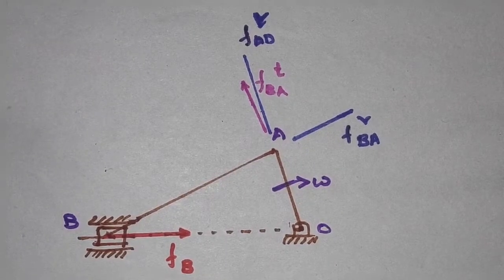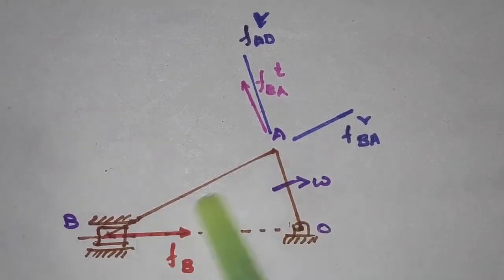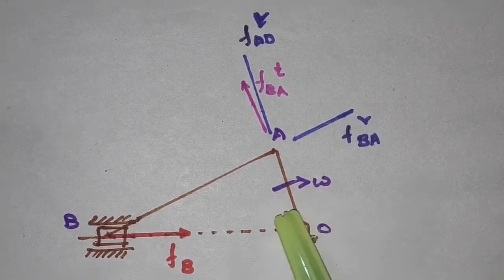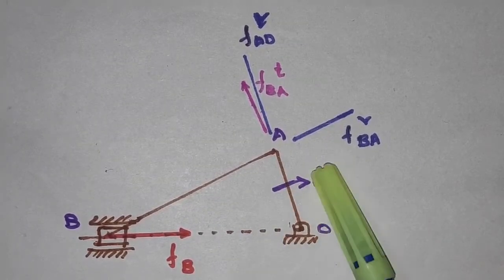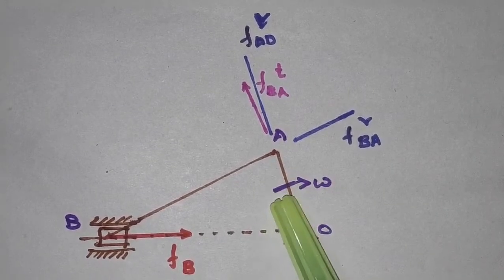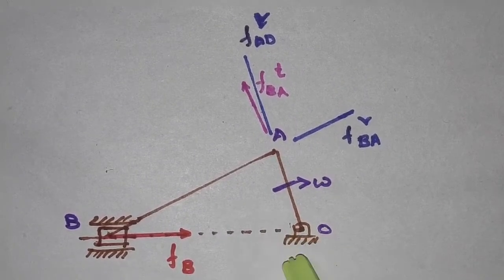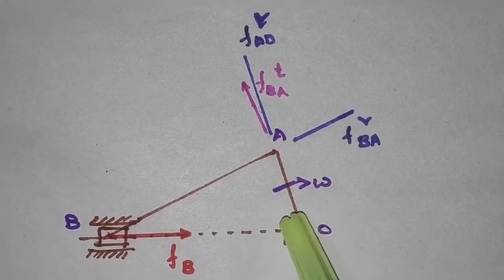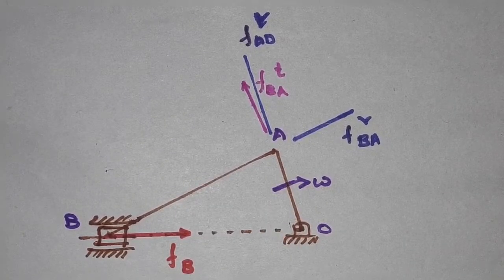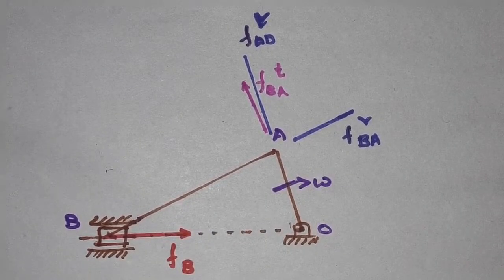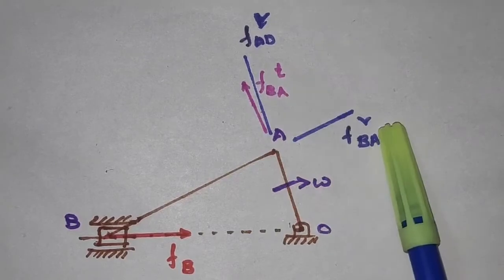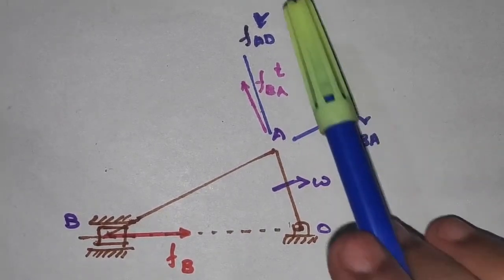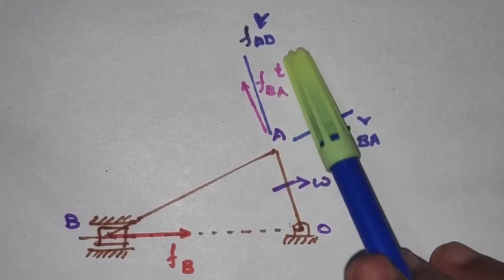So here we have the slider crank mechanism as shown in this figure. We already know the angular velocity of the crank OA because it will be given in the statement. But what is unknown is the acceleration component. So here we assume every link has two acceleration components: one in the radial direction, that is parallel to the link, and second in the tangential direction, perpendicular to the link. The radial direction is denoted with R and the tangential with T.